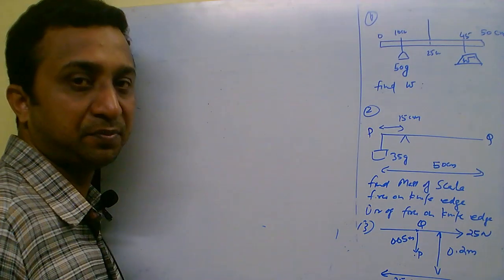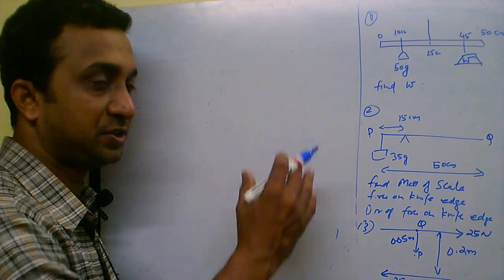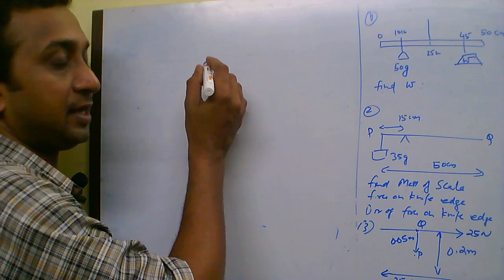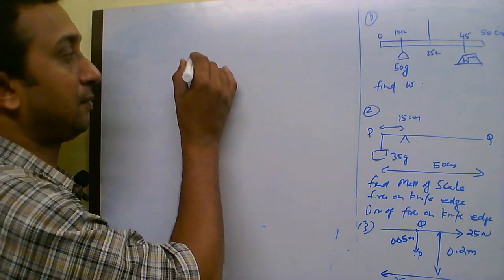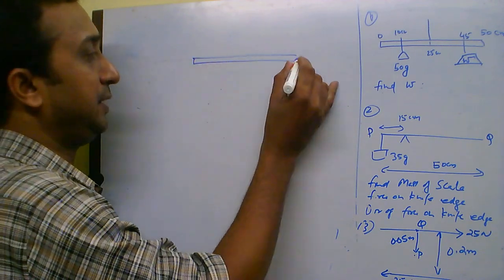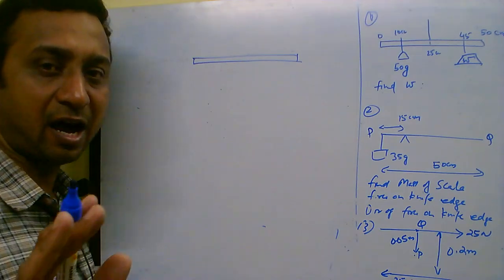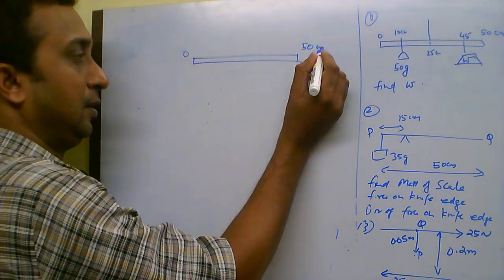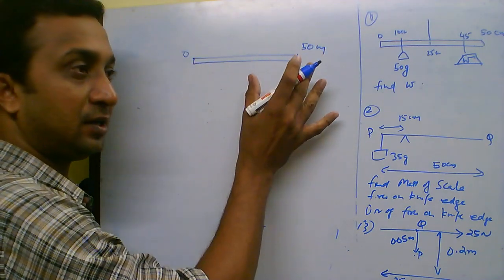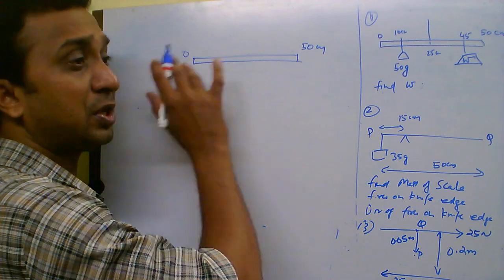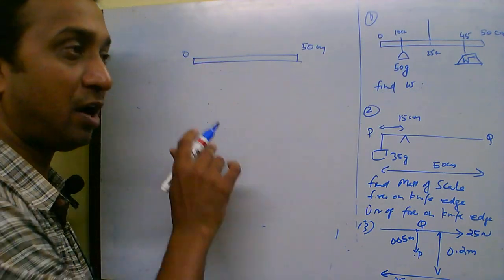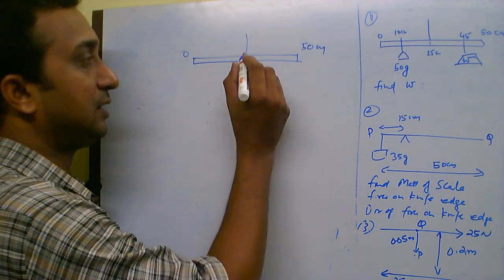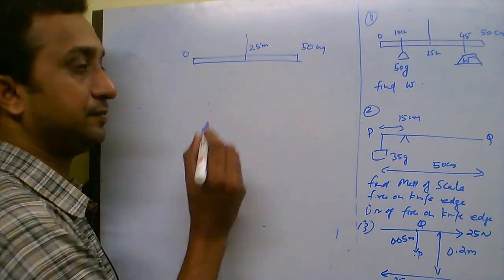Now let us go through some problems from the fourth chapter of ICSE 10 standard. The question is like this: a half meter scale. So always remember, when it is a half meter scale, it is from 0 to 50. If you write 0 to 100 instead of that, the whole answer will be wrong. So the half meter scale, 0 to 50, is balanced at its center, so it is 25 centimeters,